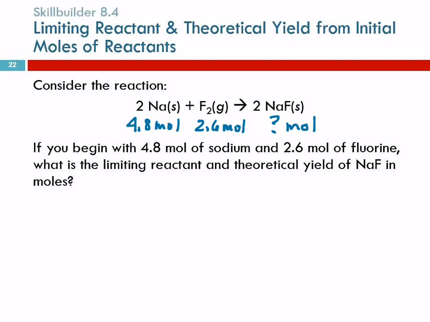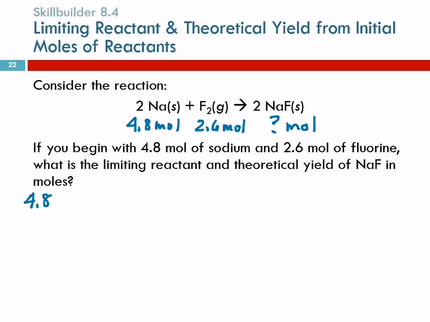We have 2 reactants. Even if they didn't mention what's the limiting reactant, if you see 2 reactant amounts, you're going to have to do 2 calculations. There are other ways to do it, but they are less straightforward. If you're comfortable with one of the other ways, you go right ahead, but I don't want to confuse everybody else. This is not the only way, but it's the way I'm choosing to show you.